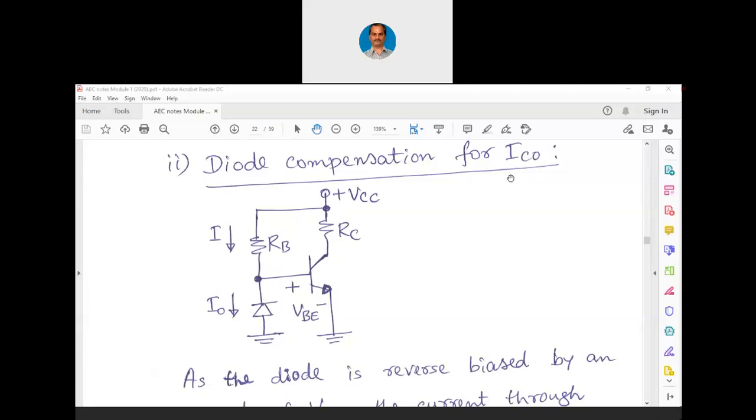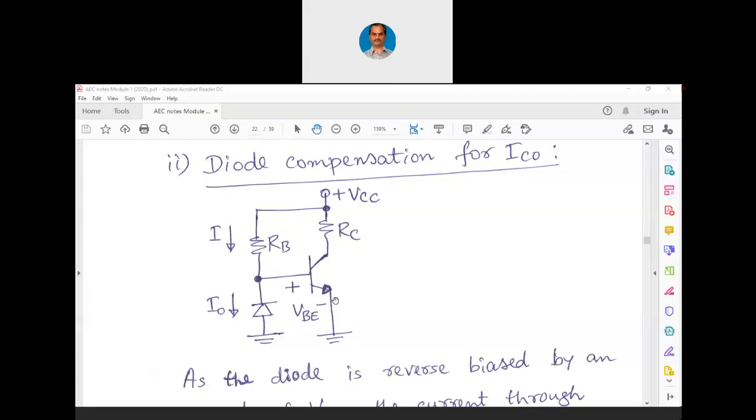Why? Because what is ICO? ICO is nothing but reverse saturation current. Now we want to compensate for the change that is occurring in the reverse saturation current. So this diode is connected purposefully in the reverse direction. Now what happens here is, there is ICO in this direction and there is ICO through the transistor's junction as well. As the ICO is flowing in the reverse direction when compared to the main current, we have to visualize one more diode here. Plus to minus is that base to emitter diode, whereas in that base to emitter diode, the reverse current is flowing in the other direction, right?